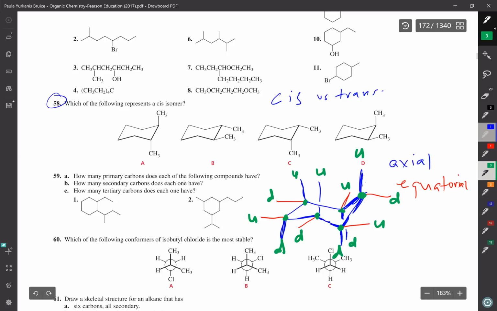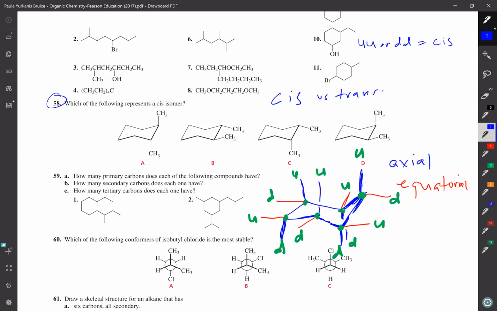Now we can derive our rules, okay? Up, up, or down, down equals cis. Does that make sense? Up, up, or down, down equals cis. Up, down, or down, up equals trans. Is that okay, guys? Meaning that if the substituents are on the up-up bonds or both substituents are on the